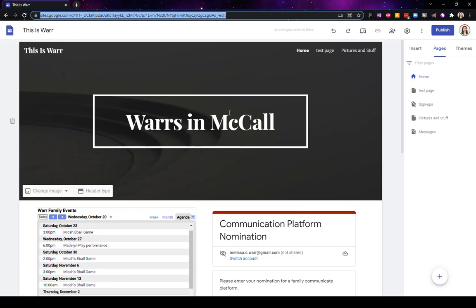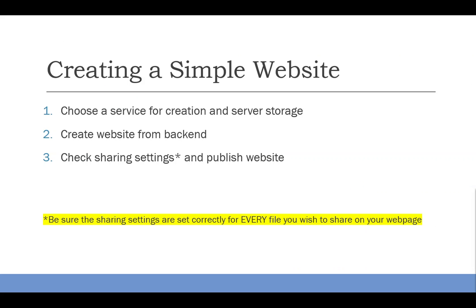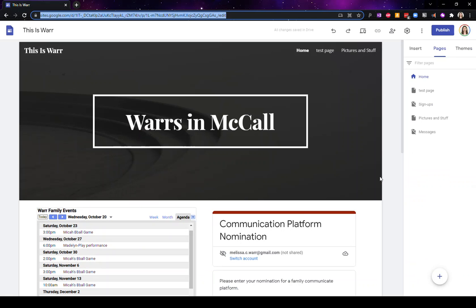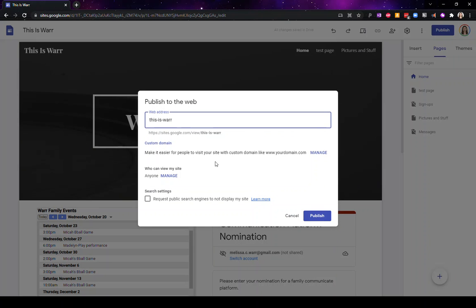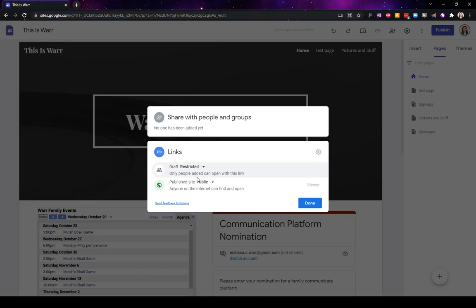So what I have to do is publish the website and make sure that the sharing settings are appropriate so that other people can see it. Within Google Sites, there's a publish button, and when I publish it, it gives me a separate URL to the front end of the site. So if I go back to my This Is War page, I'm going to publish it. Now there's something really important to pay attention to here. Right here where it says who can view my site,